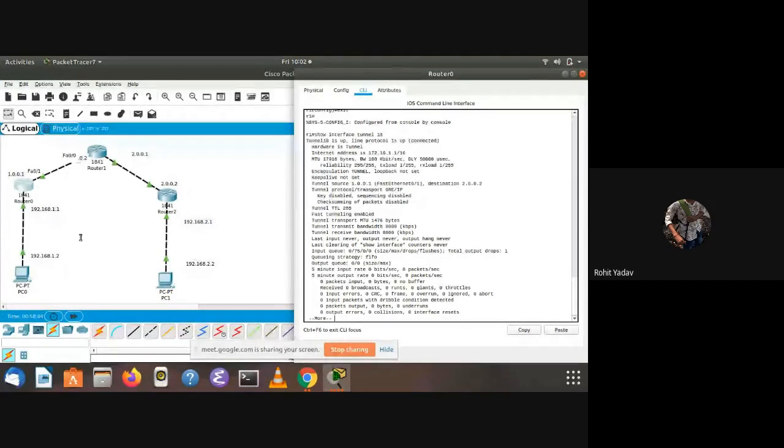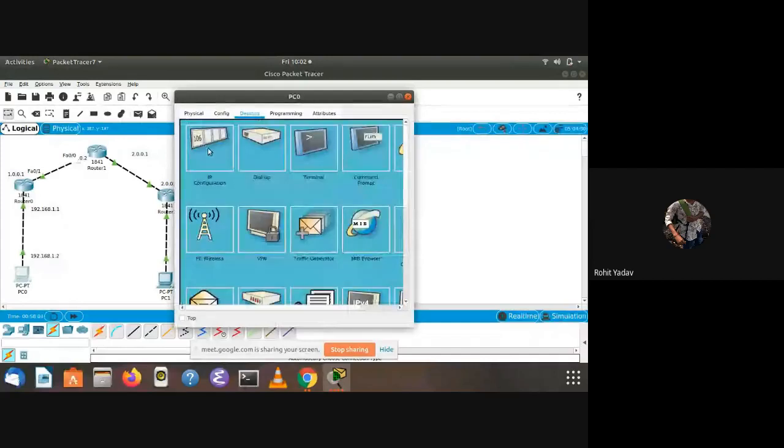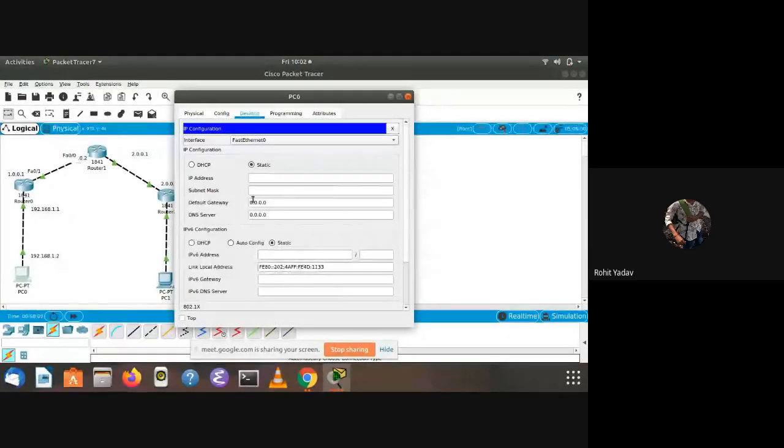We haven't assigned the IP addresses to these PCs. Okay. So we will go to IP configuration and we will assign it. So 192.168.1.2 for this PC and the default gateway.